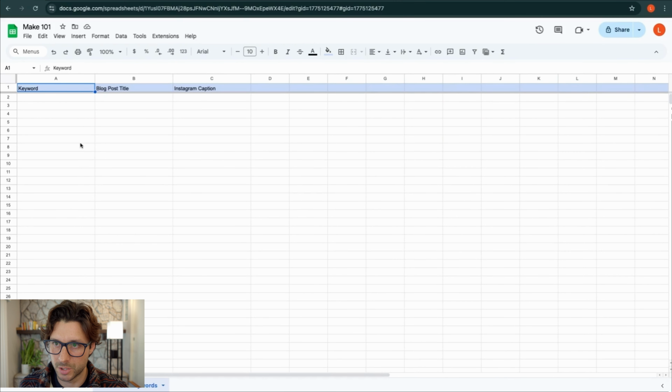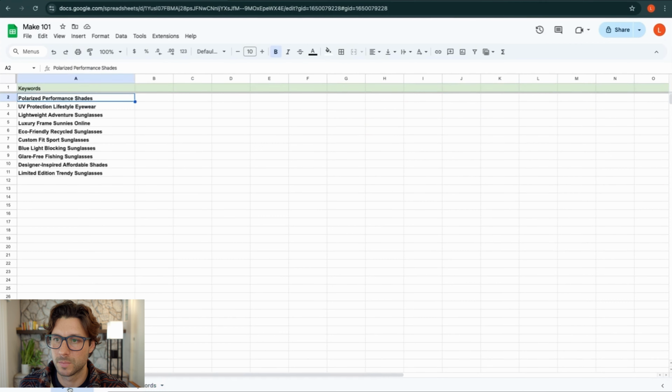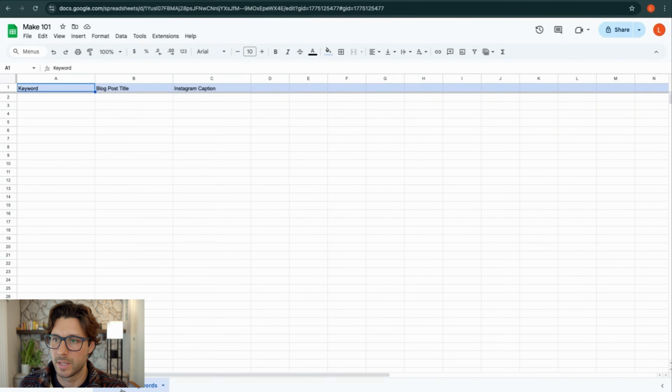So yeah, just come into Google Sheet, create a new template, and then we'll have two sheets. So we'll have the keywords, and then we'll call it the processed keywords. And you just put these three columns in here. So we have that set up. And then we're going to